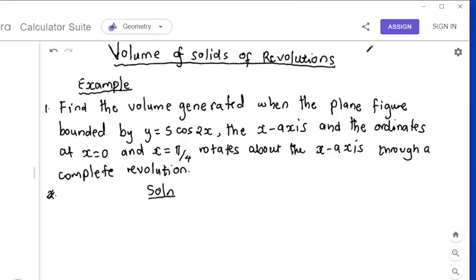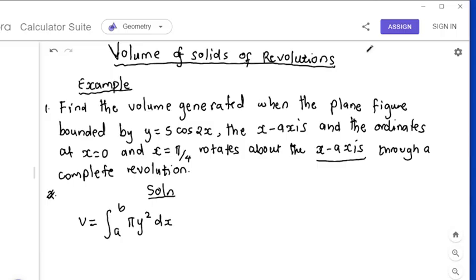So we have an example here. Find the volume generated when the plane figure bounded by y is equal to 5 cos 2x, the x-axis, and the ordinates at x is equal to 0 and x is equal to pi over 4 rotates about the x-axis through a complete revolution. So this x-axis determines the formula we're going to use. In this case, our formula will be V, the integral from a to b, pi y squared